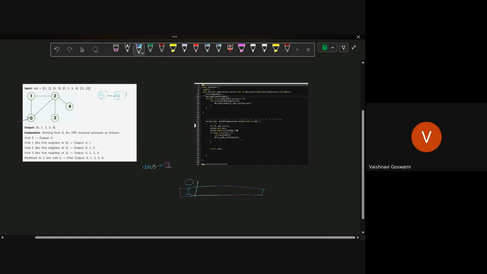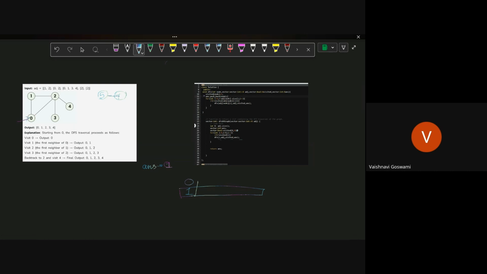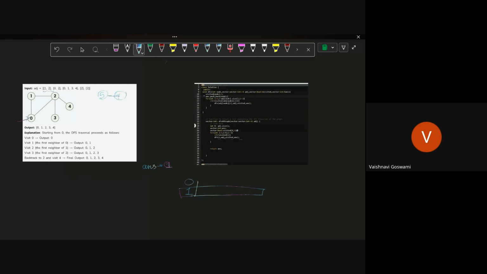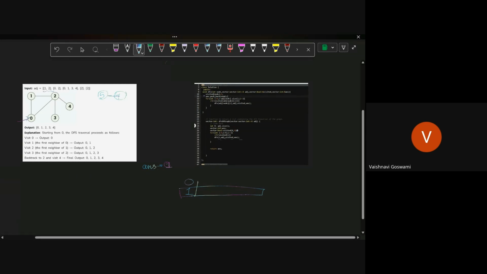Then i equal to 0 to i less than ADJ of node dot size. ADJ of node means ADJ of 0. If you see ADJ of 0, it is 1 and 2, because 0 has edges to 1 and 2. That's why we will see all the neighbors of 0. Its neighbors are 1 and 2.